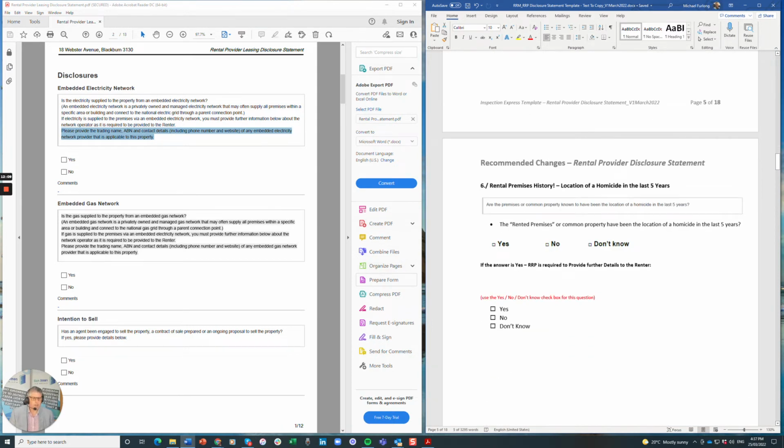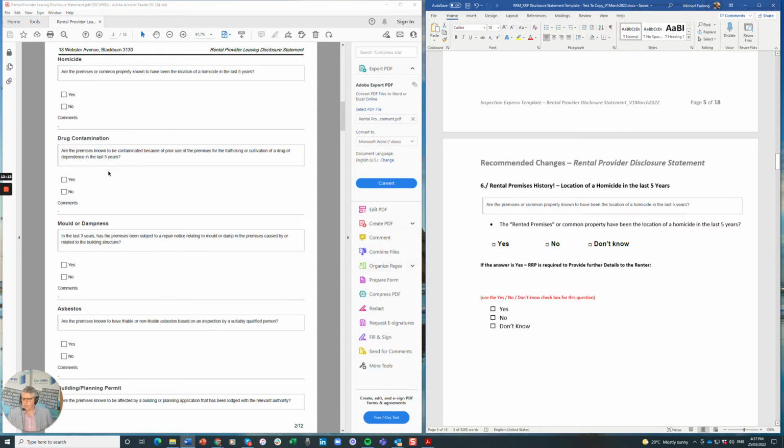And the next one is location of a homicide. So let's just go back to that one. That's where I got it from. Location of a homicide. So here's the question. Are the premises or common property known to have been the location of a homicide in the last 5 years? Yes or no. And so what I've done is, it's point 6, I've actually put this down